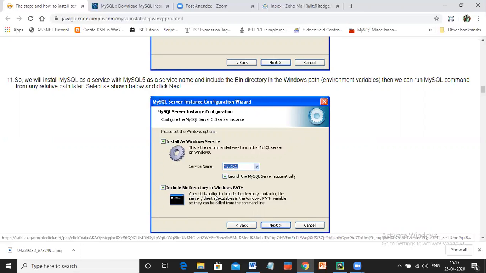Same way here also. MySQL has its own command line, or else you can work on your Windows command prompt. To make that feature available, you make sure you click on this. Then hit the next button.